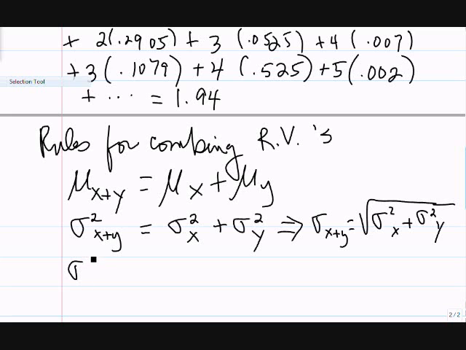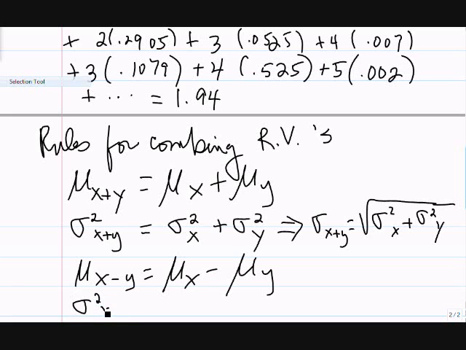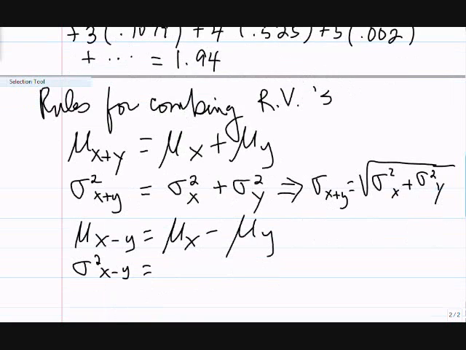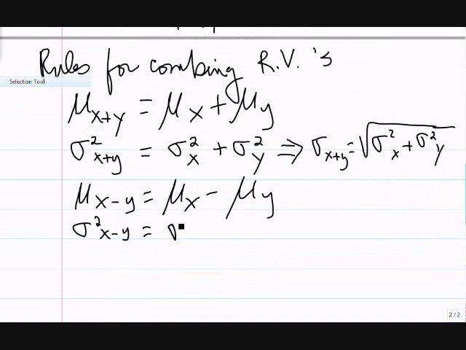All right, so since we're into the rules, let's say what happens if we actually subtracted them. What do you think the mean would be if we subtracted the cars and the motorcycles? And then the variances is a little trickier if we subtract them, because we don't get less variable when we combine random variables. So whether I add or subtract, I still use the